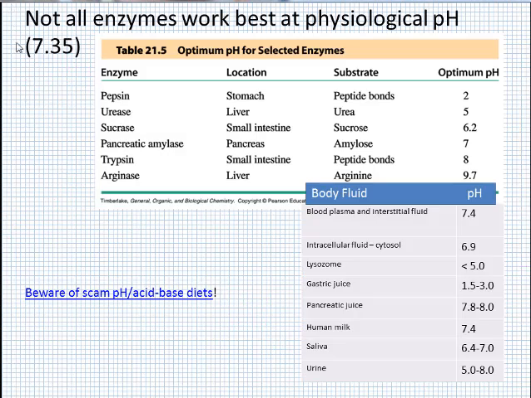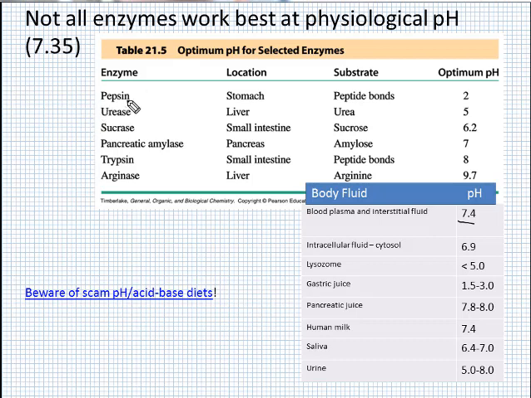Oh, not quite yet. Something more about physiological pH. Not all enzymes work best at physiological pH 7.35, and the reason for that is, although our blood plasma and interstitial fluid are 7.4, 7.35, that's not the only fluid in our bodies, and these different regions in our body, these different solutions, have different